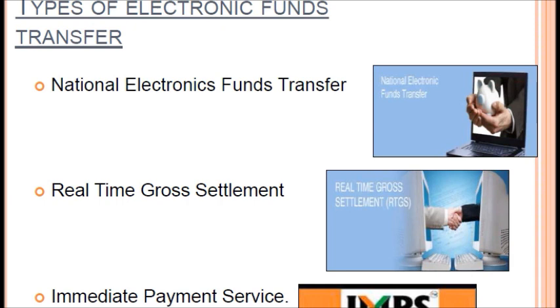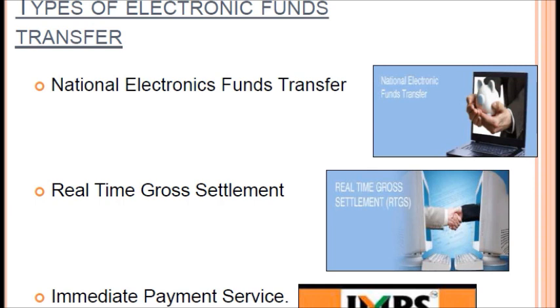And whenever we are going for fund transfer on our mobile app or internet banking, it asks for the options, that is, what option you are opting for to transfer the money. If you are opting for NEFT, then there you will find two options: one is the standard NEFT, the other one is the later NEFT.